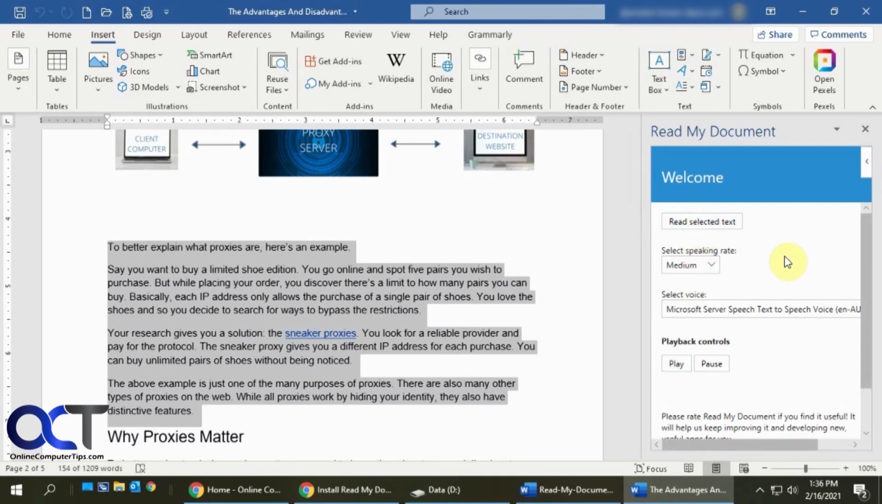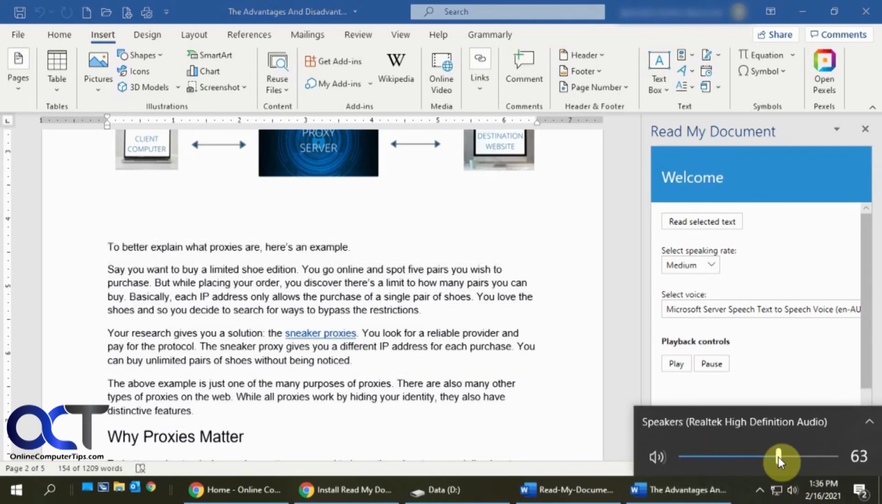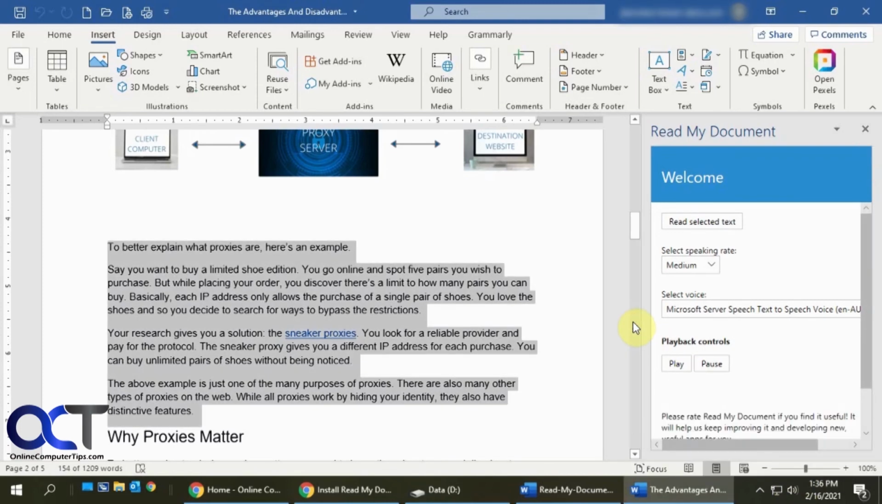To better explain what proxies are, here's an example. Say you want to buy a limited shoe edition. You go online and spot 5 pairs you wish to purchase. But while placing your order, you discover there's a limit to how many pairs you can buy. Basically, each IP address